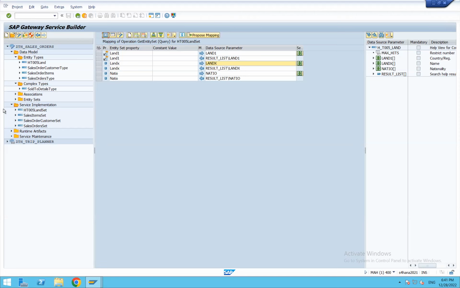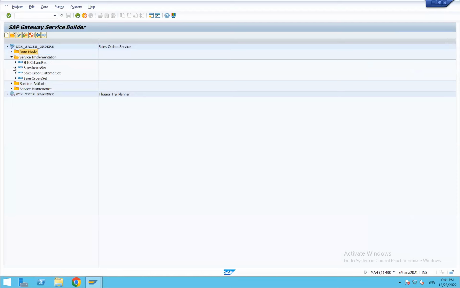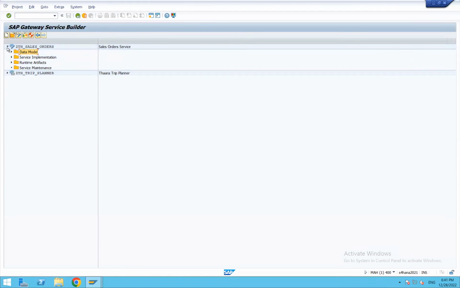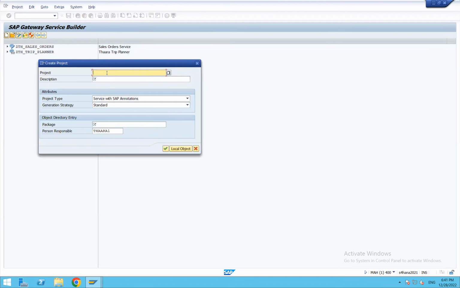So now let me go ahead and create another project for extension. Extension gateway project. Yes. So in case of redefinition,